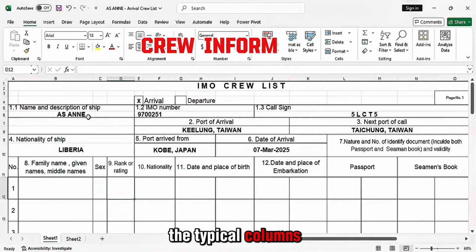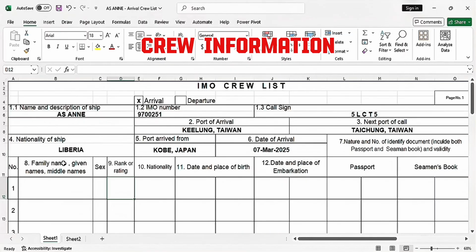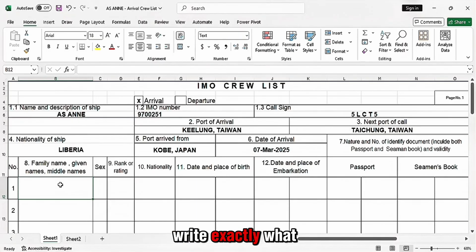The typical columns include the name of the crew: family name, given names and middle names. Just write exactly what you see on the passport of the crew, and be careful with the spelling because authorities are very strict with the spelling.